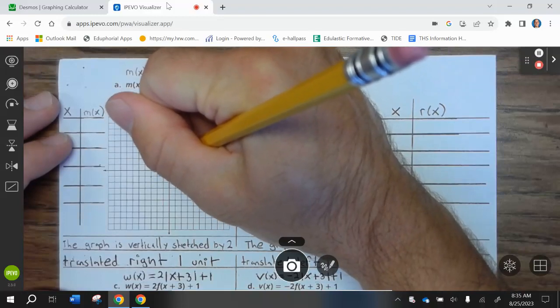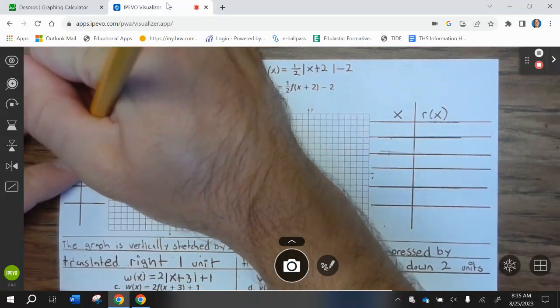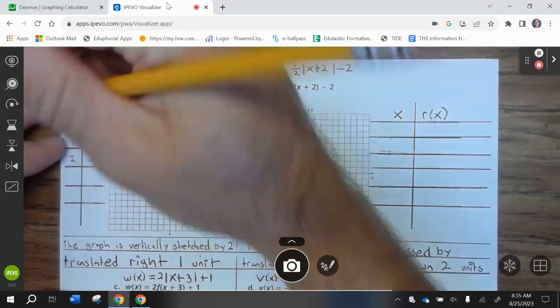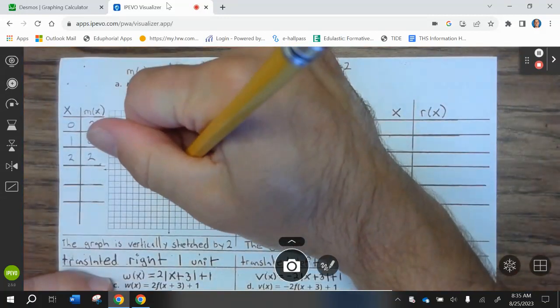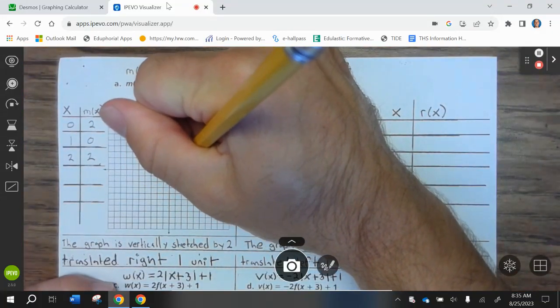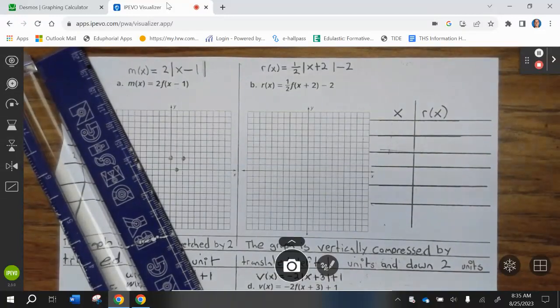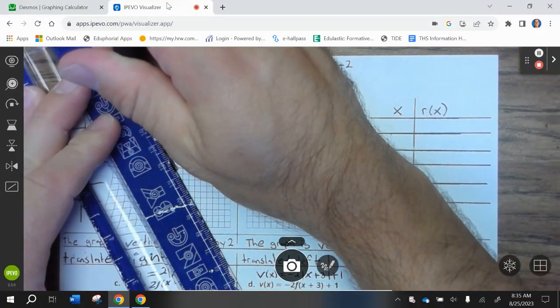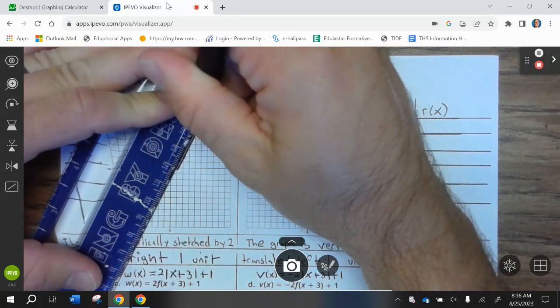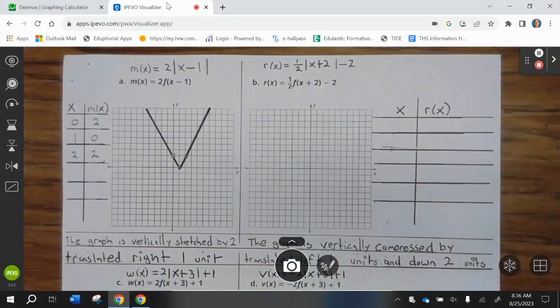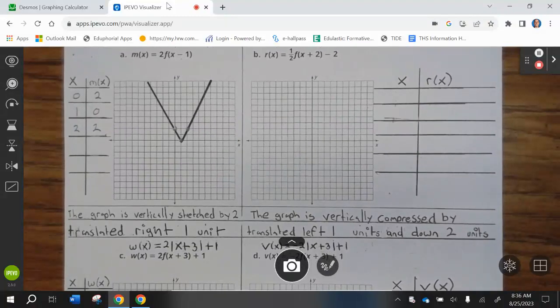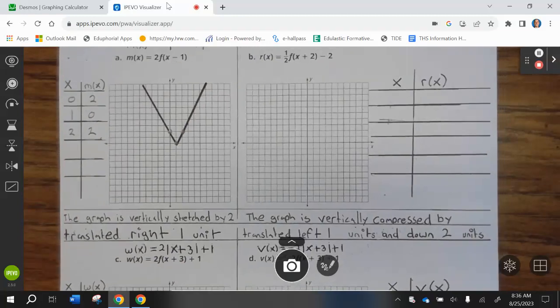Okay, (1, 0) and (2, 2). Now the graph is vertically stretched by 2 and translated right 1 unit. All right, let's take a look at